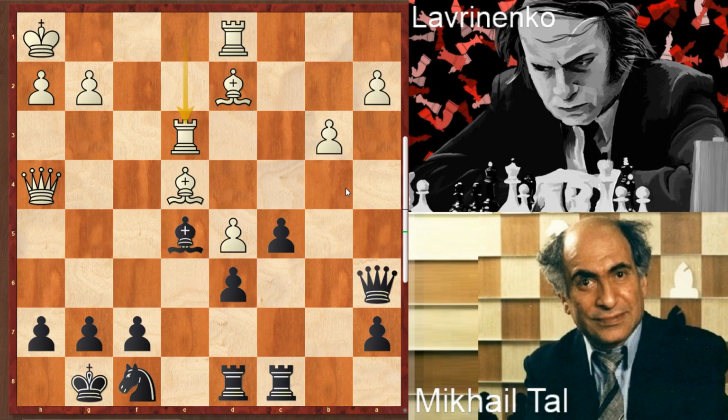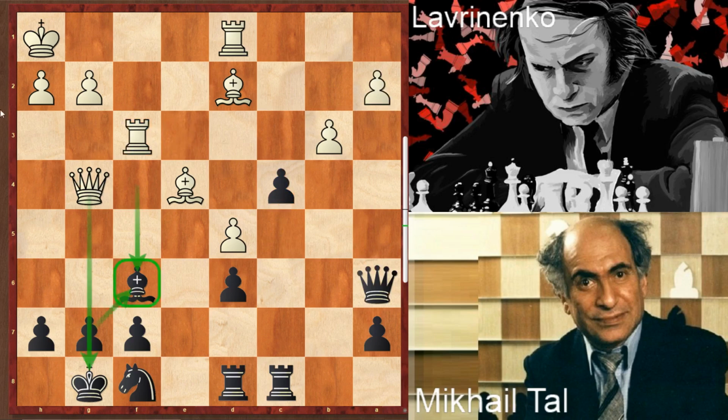a2, a free pawn, but he played f6, attacking this queen. So queen goes to g4, c4 from Tal. Again, the better move was to collect this free pawn, but he plays c4. Rook to f3 with the idea to capture this bishop, and you can't recapture because this is a discovered check on your king. So Tal prevents that with knight to g6,